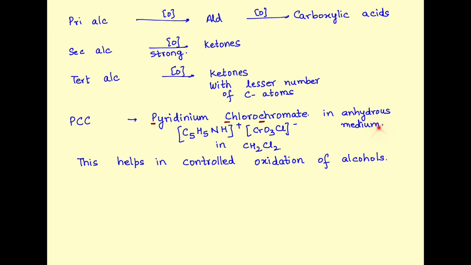So we don't want to use water over here. We use solvents like dichloromethane. What is the advantage of this method? Controlled oxidation. It's a mild oxidizing agent. So what will happen is oxidation will stop at the aldehyde stage and will not go up to the carboxylic acids. Okay, now your turn to write the reactions for